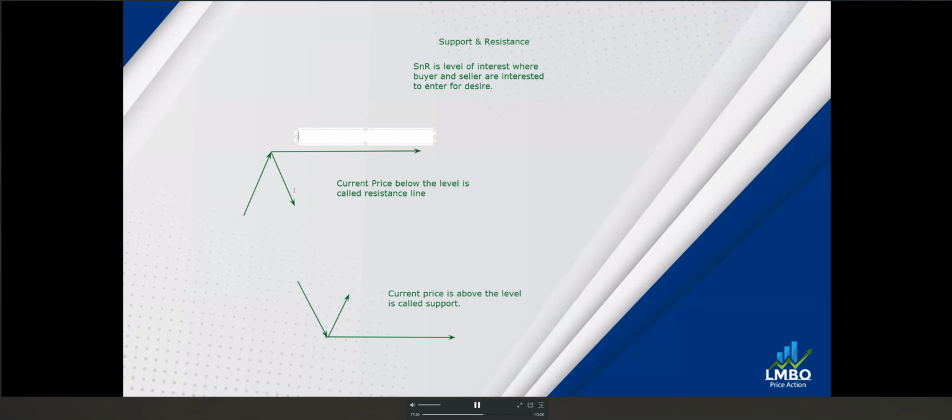Now, why are we using these levels? That is the expected level where sellers make an entry. When price reaches here, the sellers make an entry. For example, the price touches this level, closes under this level, the sellers enter and the market moves down again. This is a level where the buyers enter. They are supported to enter. So this type of level we will use as support and resistance.